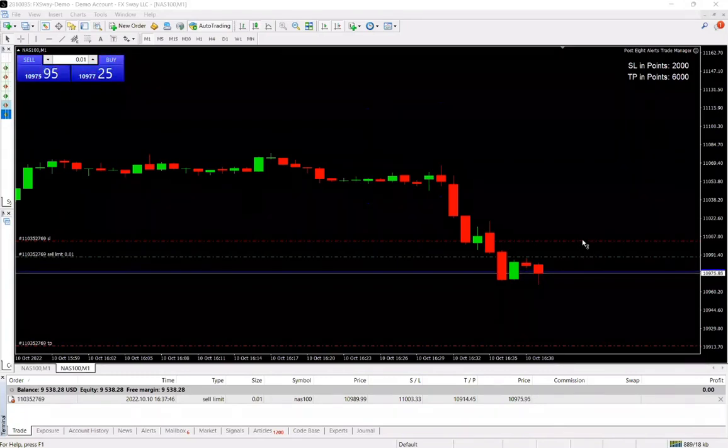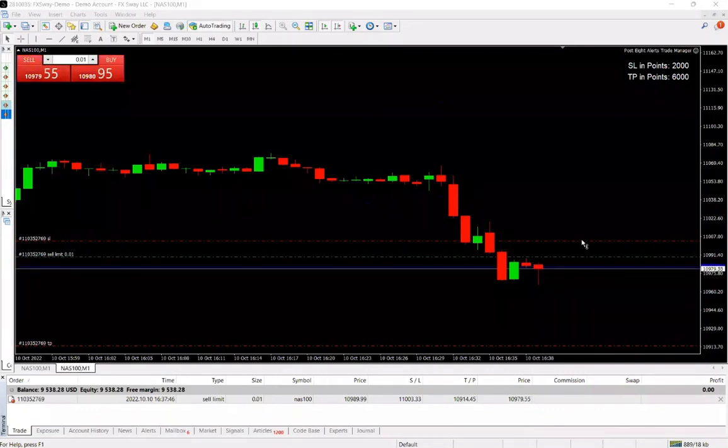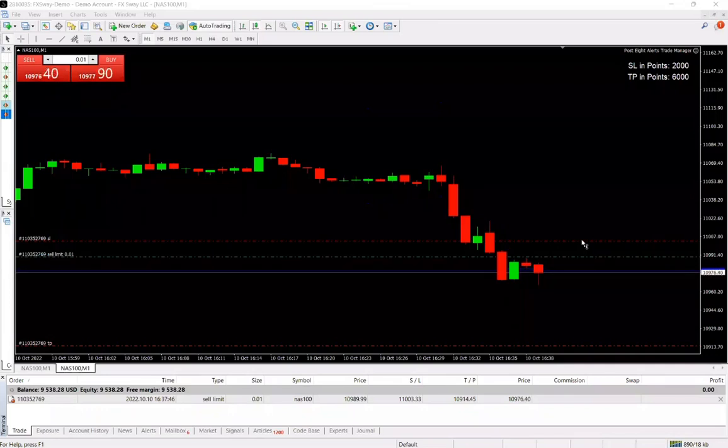But who is this for? So I want to clear this up for you guys, because for those of you going like, why would I do that? Why would I not just get in? And why would I move my entry back to a different price, potentially never getting triggered or getting in at a different price than where the alert comes in? So when an alert comes in, there's a lot of